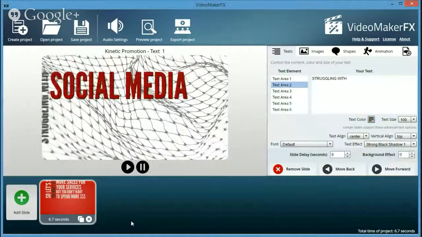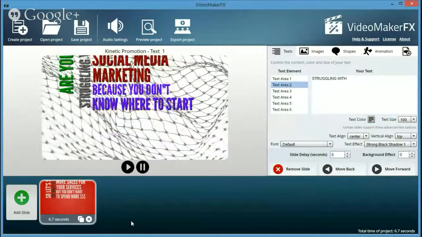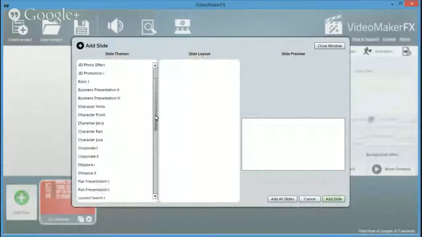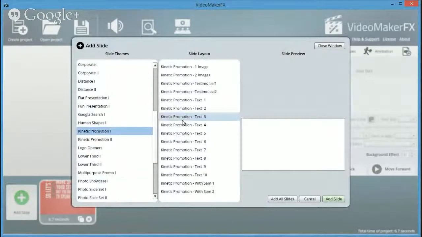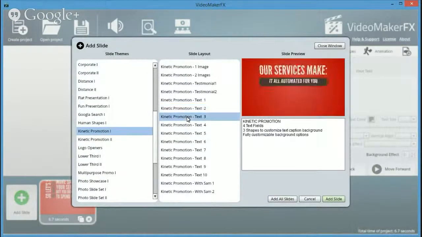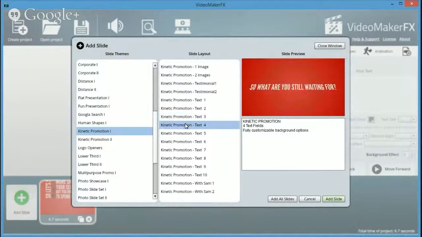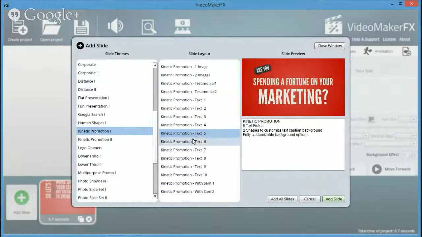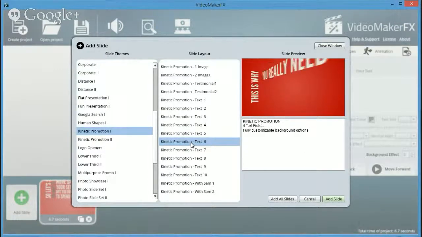Okay, so we've got our first slide. And we'll add another one. I'm kind of disappointed. I already had this already set up before. So as you can see, there's lots of different styles that you can choose from. I'm going to use this one,